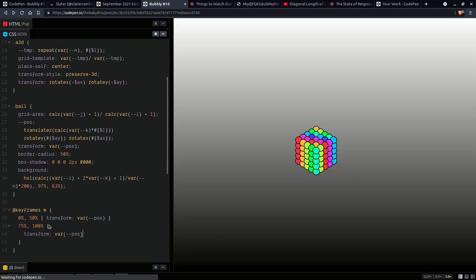Yeah, we need to interpolate this because they're inside a value for custom property, right? Okay, now it's 3D again. We are going to take this, and this is going to be our 0 to 50% state, and in this other state we are going to start from this position, from those transforms that give us the position of the bubbles, and then we're going to have a translate 3D